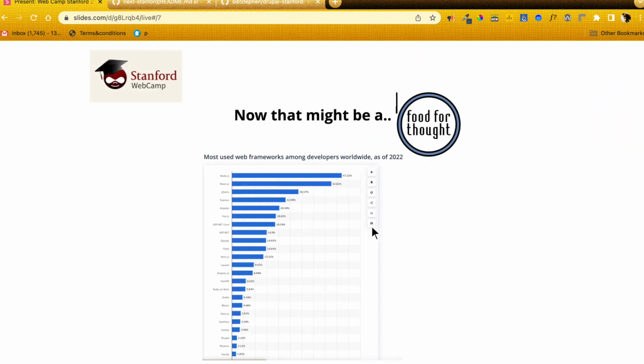So this is the chart. So this is just a food for thought. You can see over here I have Node.js, which is at 47.12%, and if you see Next.js, it's at 13.52%, and other frameworks including Django, Angular, Express, or any other frameworks or libraries which we are most familiar with, they come at the top, but we see Next.js at very less, 13.52%. But why is it that we still prefer it? So